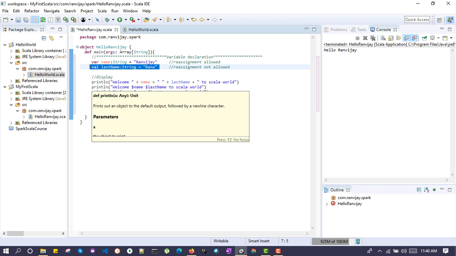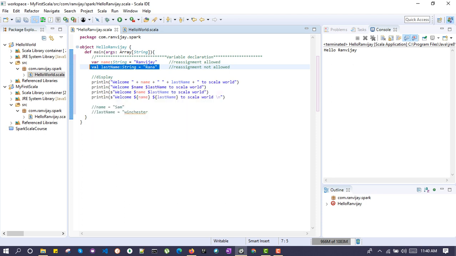So one thing you can do, println, give the text whatever you want to print as it is, just write those things inside the quotation, just like any other programming language. Then plus for concatenation, the name will be fetched from here, whatever the value is. Then again we need one extra space, then concatenation, then we will fetch the last name value too. And another way is like this one.